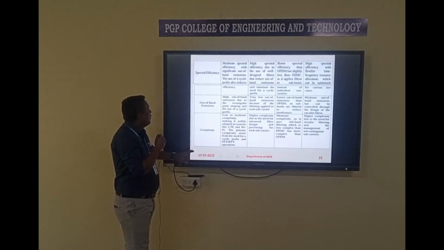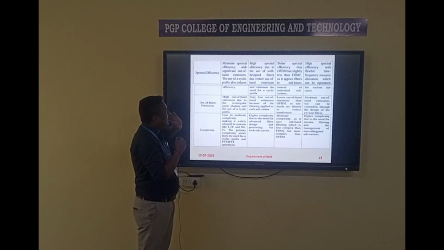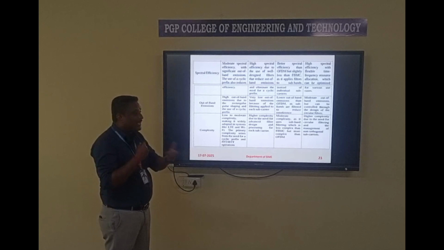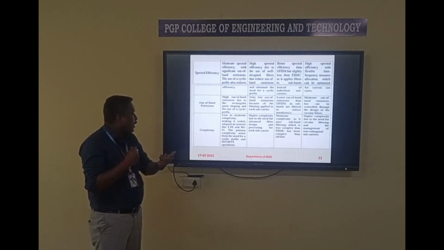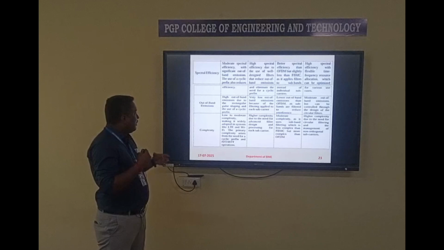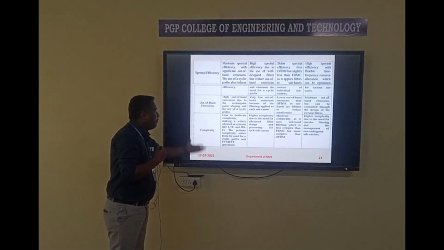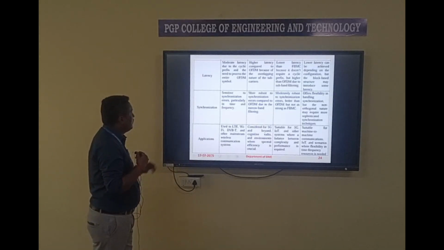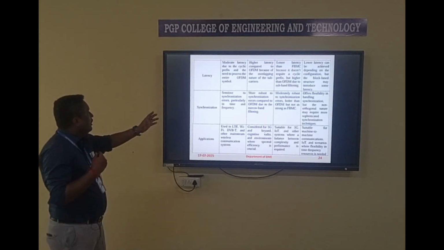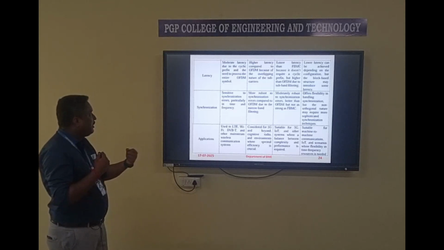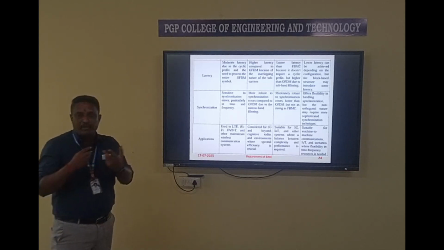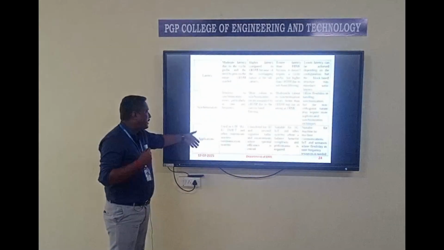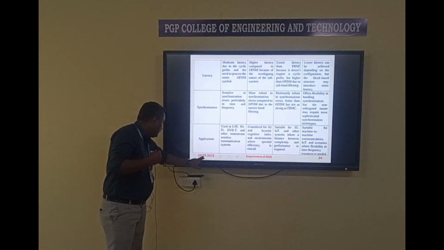This is the basic concept of spectral efficiency, which I already explained. This is a very important parameter. Then out-of-band emission: if you are sending the signal, some leakage happens in the signal. Once leakage happens, it automatically affects the performance of the system. Then what is the complexity? If you are doing the complexity, some difficulties happen in the system. Latency I already mentioned clearly: latency is nothing but getting the minimum delay. If you are downloading any files or anything, we need low latency, that is a minimum delay. And also synchronization, which is applicable on the application side for all the multicarrier systems.